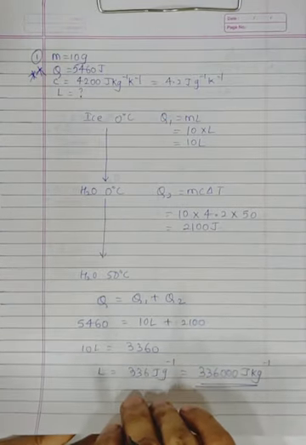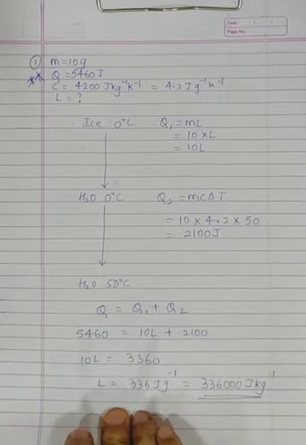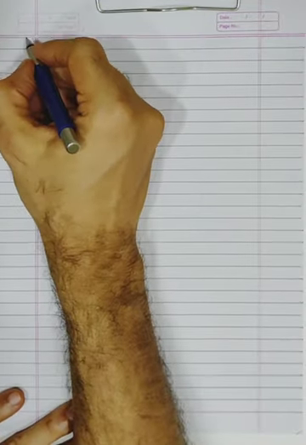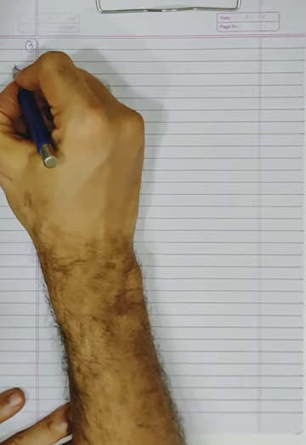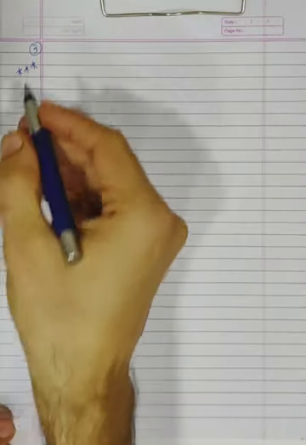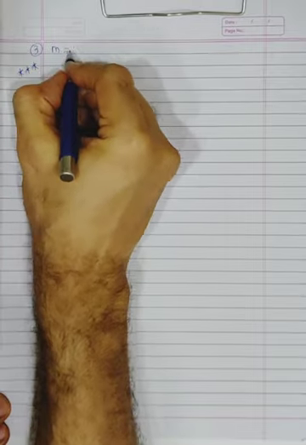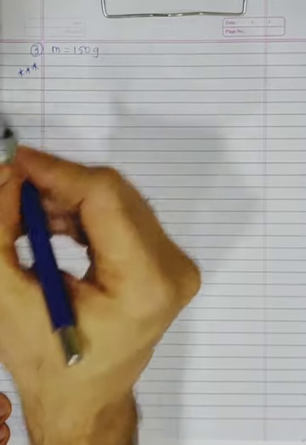Now the next problem we are doing is problem number 3. Problem number 3 is a 3-star problem, it's a little different, though after the solution you may not feel so. A molten metal of mass 150 gram. Underline molten metal. Molten metal means the metal is in a liquid state, so it's basically a liquid metal. The mass of the metal is equal to 150 gram.